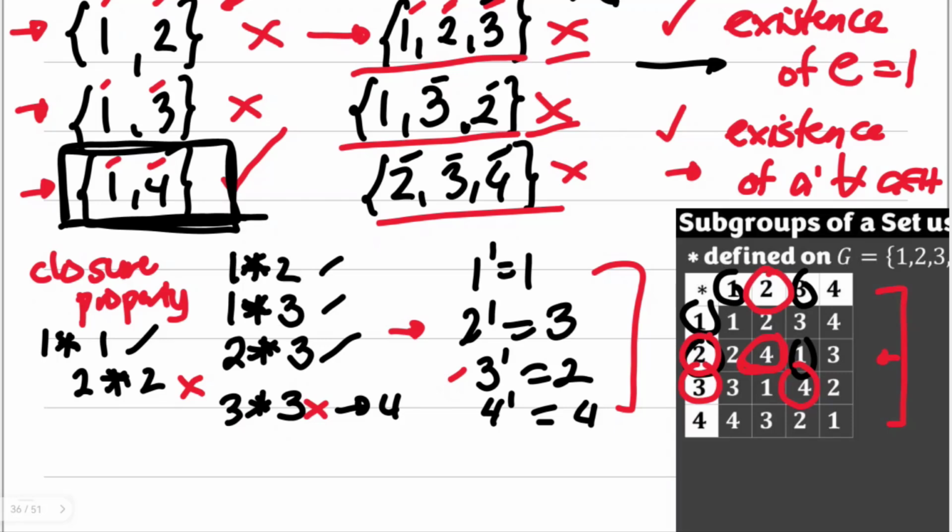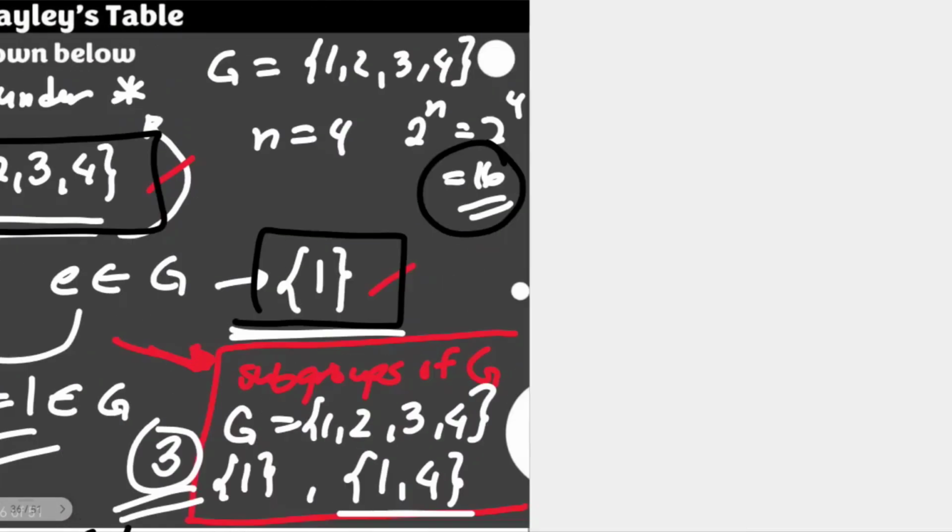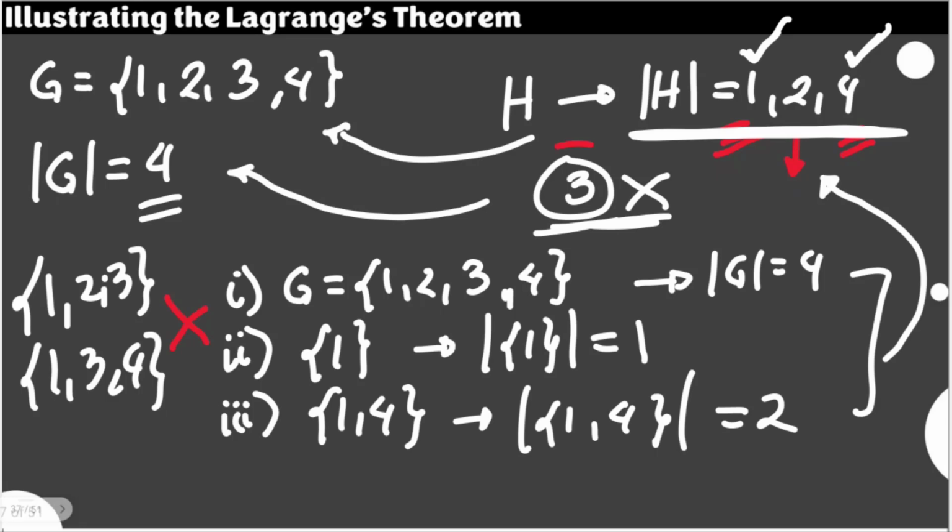This is further proof that really there's no subgroup of order 3 for the given set here, and it is supported by the Lagrange theorem, since 3 is not a divisor or a factor of 4, so no need for us to look into that. So the point here is, if we are presented with another group later on and we are asked to determine the subgroups, it would be easier for us to look at the possibility of what our subgroups will look like, because the order will tell us with this specific theorem.